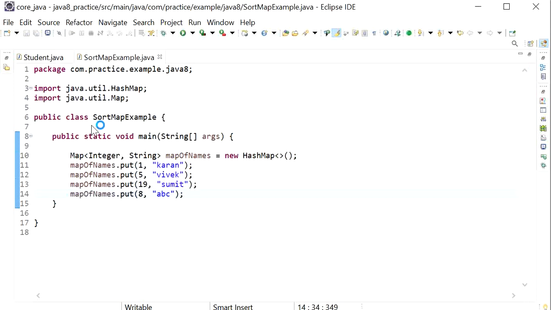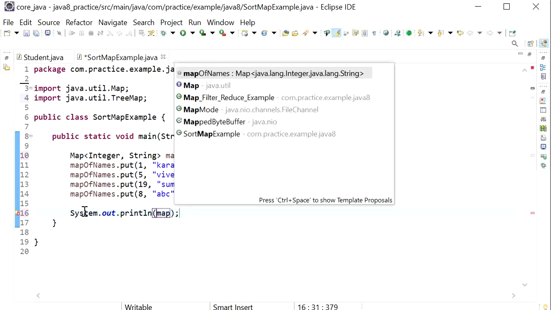Okay, let's get started. So first here we will create one map. First we will look into how we sorted the map elements before Java 8. If we want to preserve sorting order for a map, then we can directly use TreeMap. If we are using TreeMap, it will sort all the elements of the map in sorting order based on its key. So if I print all the elements of the map, we can see it will provide sorting order.